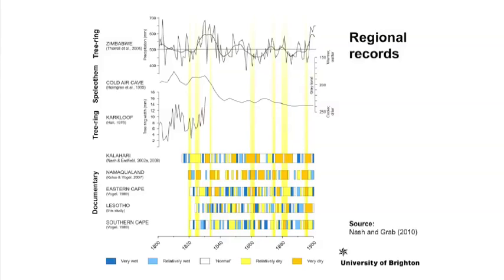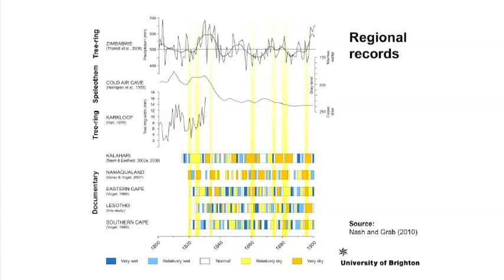But what we have now are bigger records. So we've got records from the Kalahari, we've got records from Lesotho, and we can add those to other records that cover the 19th century, from tree rings from Zimbabwe. So this is a record by Matt Therrell and colleagues who tried to reconstruct rainfall variability using tree rings. Documentary records similar to ours from the southern part of South Africa down here, and also records from caves picking out